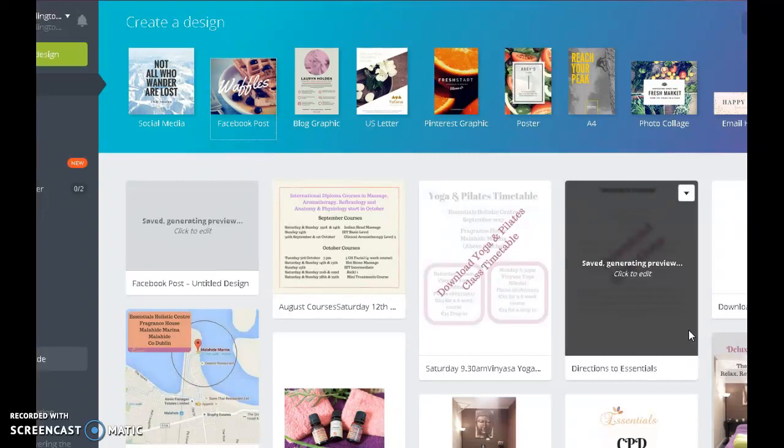So, you first of all go to canva.com and you open up on a page a bit like this. The first thing we're going to do is pick the type of graphic that you want. Just because I think it's the most popular thing with most people, I'm going to show you how to do a Facebook graphic. So, clicking on the Facebook post, it's going to give you exactly the right size, because apparently the different social media sites like to have their photographs their preferred size. So click on that,